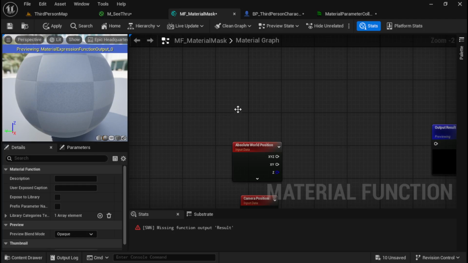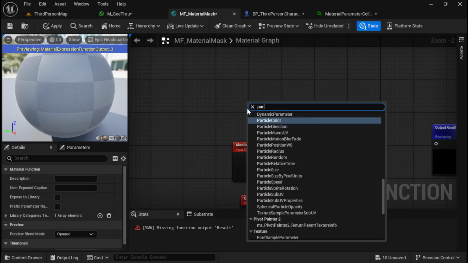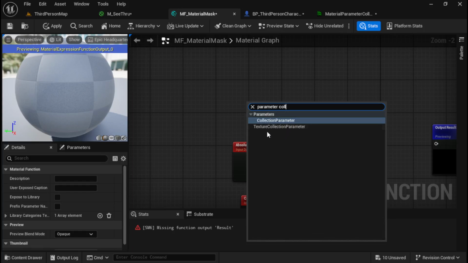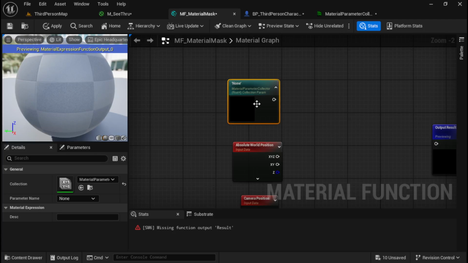It's a parameter collector, so I think we can just do that. Parameter collector and parameter. There we go. That's it. Collection parameter. As I say, this thing is not always, for some reason inside the materials, they don't